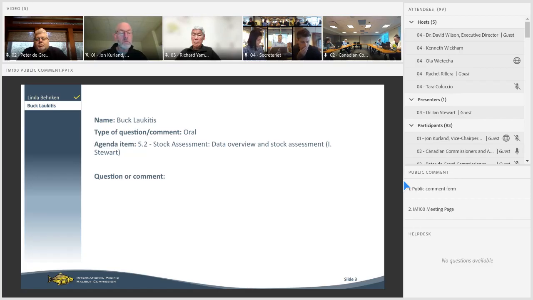So I don't think that incremental cuts to quota are going to cut it. I'm going to be calling for a rebuilding plan in the Bering Sea. Of course, it's one stock. I'm mostly centering my comments on the Bering Sea because that's where we have most of our effort. But frankly, 3B fishing was not very good. But I'm very concerned about the Bering Sea.